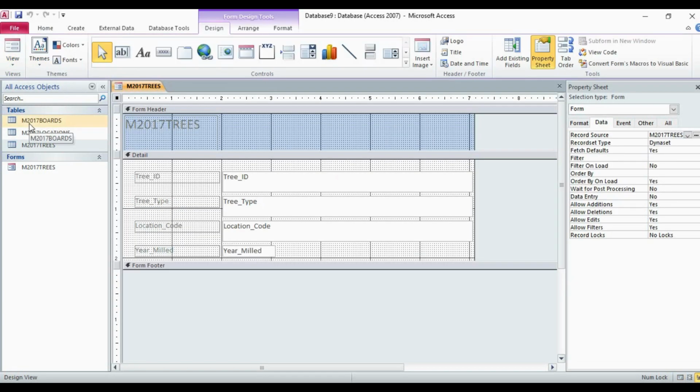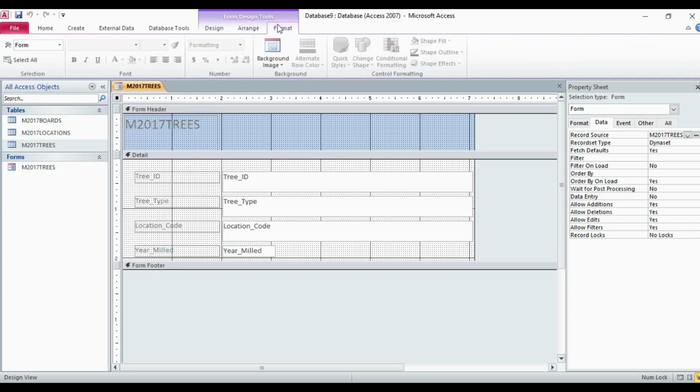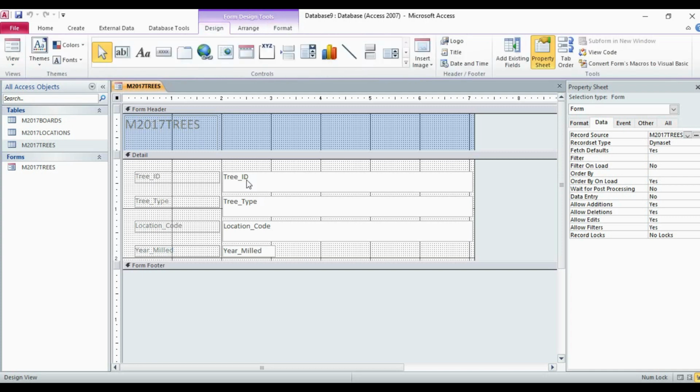Earlier we were having only 4 tabs. Now you can see here design, arrange, and format tab is also active, which is under the form design tools. Now in this you can see that we can edit the form. Now what we need to do here, I talked about combo box, so we have to go to this control group.